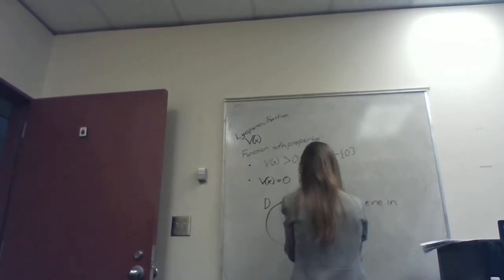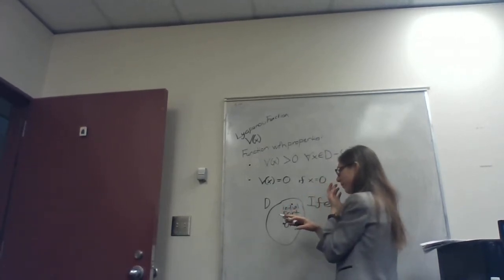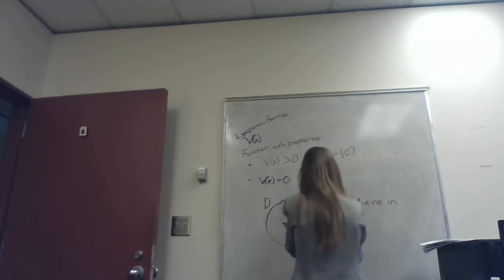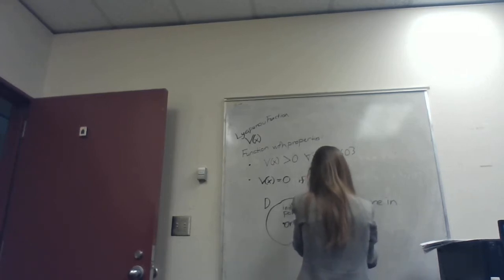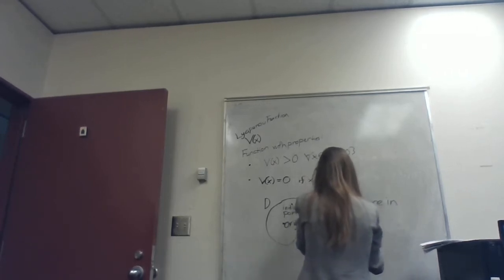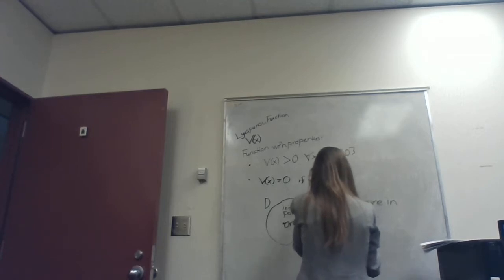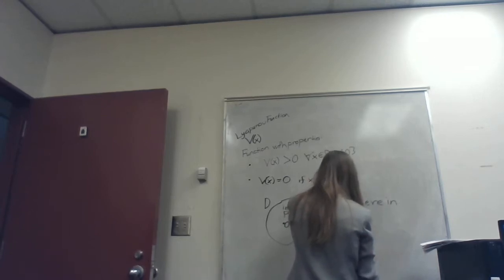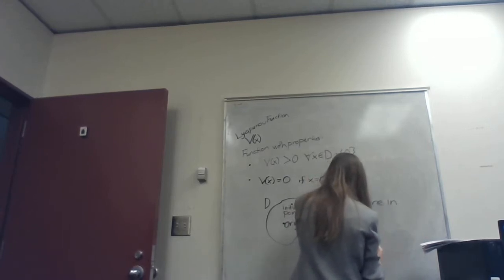We may find out that's not the best term for it, but that's fine, just to make this abstract point. If everywhere in D, v dot is less than 0, so this is dv dt equals dv dx dx dt,